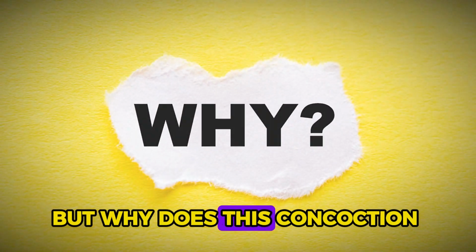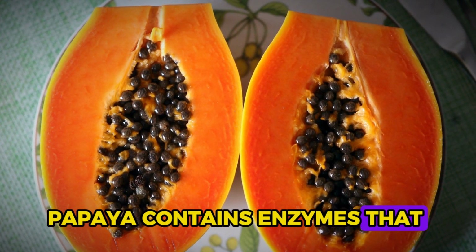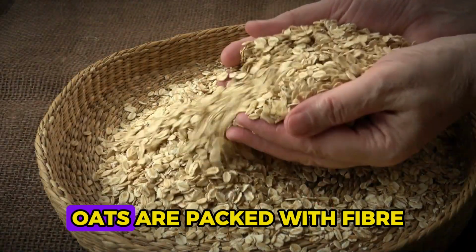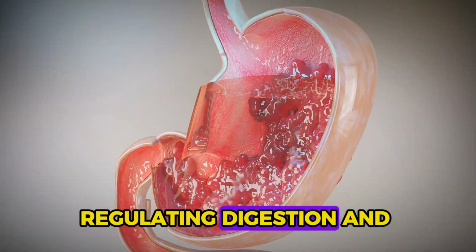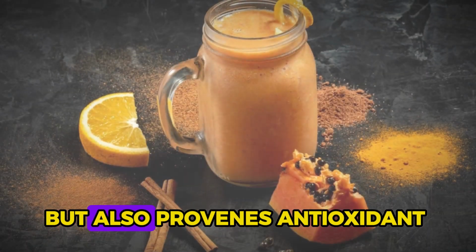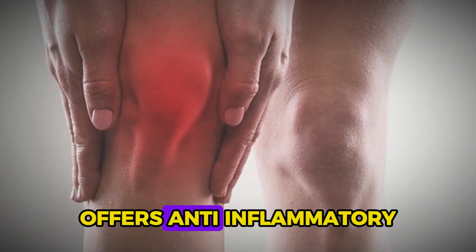But why does this concoction work so effectively? Papaya contains enzymes that aid in digestion, promoting regular bowel movements and relieving constipation. Oats are packed with fiber, aiding in weight loss, regulating digestion, and reducing cholesterol levels. Additionally, cinnamon not only adds a delightful aroma, but also provides antioxidant properties, boosts the immune system, and offers anti-inflammatory